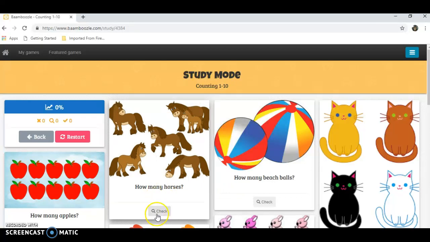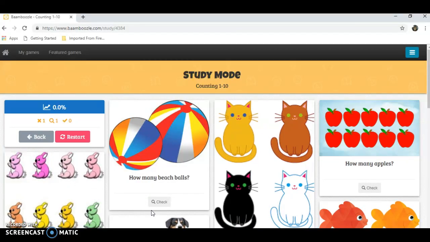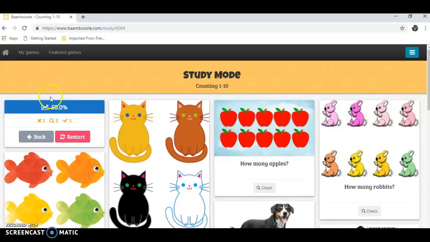So for this question, we have how many horses. Let's say the student answers 5. We hit check. Oh, and there's actually 6 horses. So you'd say, oops. So that was an incorrect answer. So then it'll go to the next one. And in the upper left-hand corner here, it'll show you how many questions were incorrect, how many were answered correctly, and the percentage as far as the scoring for how many questions you go through and how many are actually answered correctly. So for instance, this question, how many beach balls, let's say they answer 2. We check 2, okay, and it goes on to the next one. We can go back